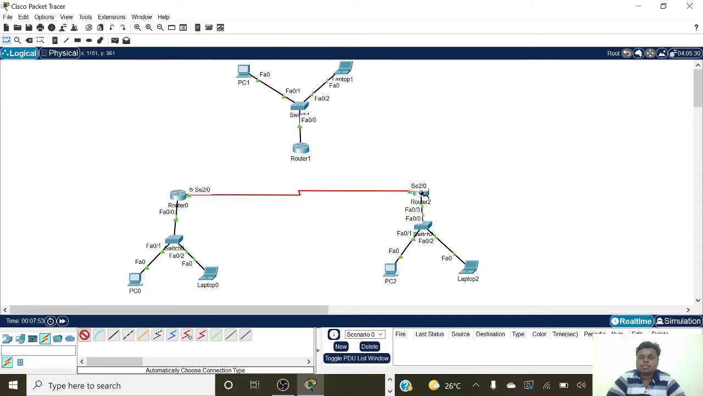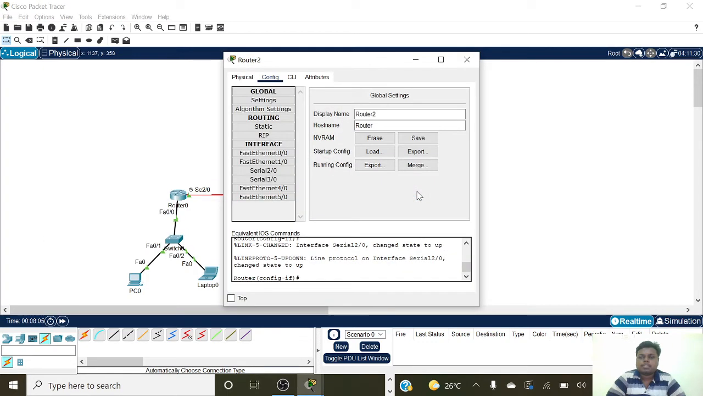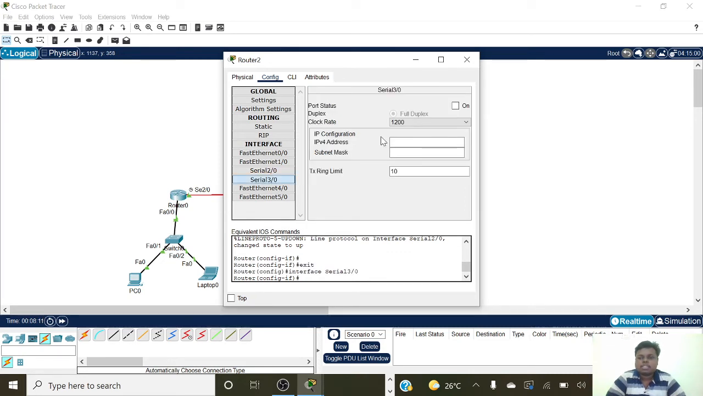Connect router 2 to router 1. So now we have to give a serial port IP address to router 2. So go to router 2 and go to configuration, then go to 3 by 0, then give the IP address 192.168.5.1,